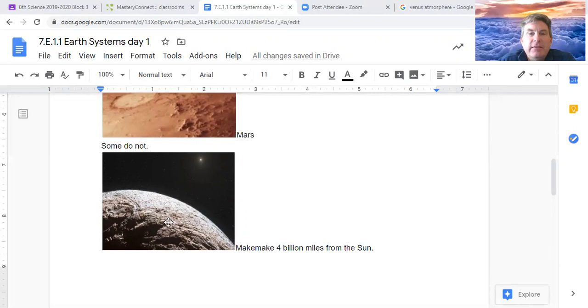Now, it is not the last thing in our solar system, because Makemake is on the inside of what they call the Kuiper belt, spelled K-U-I-P-E-R, just for name's sake for astronomy later down the road. The Kuiper belt is a belt of all this material sitting out there, a bunch of asteroids and comets and stuff like that. And then on the other side of the Kuiper belt is the largest non-planet planet, called